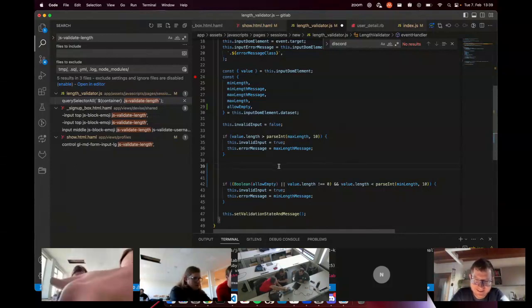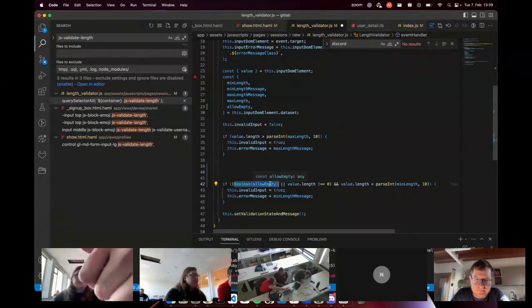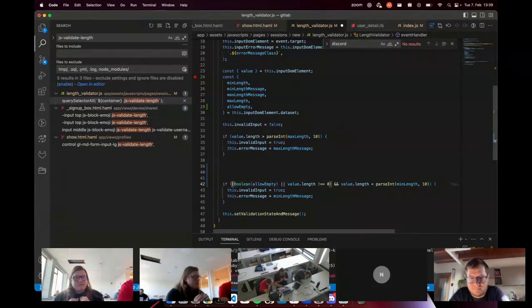So the trick with that is you want to make sure it's not allowed empty. But you don't want to negate the value length thing. So if the value length is 0, and